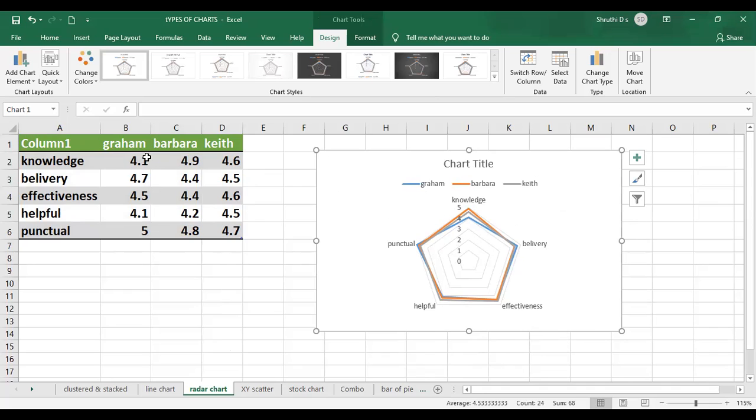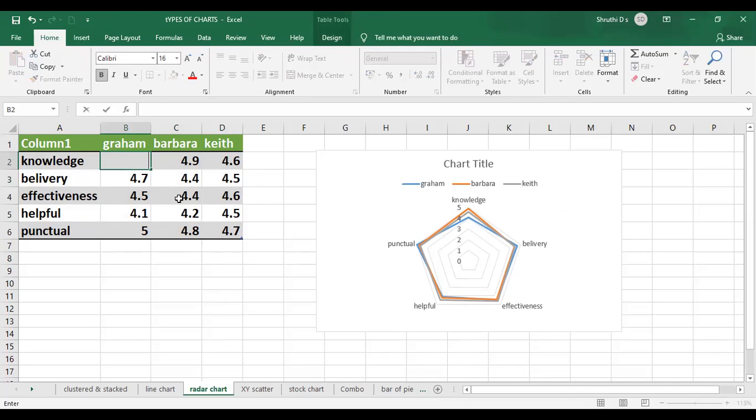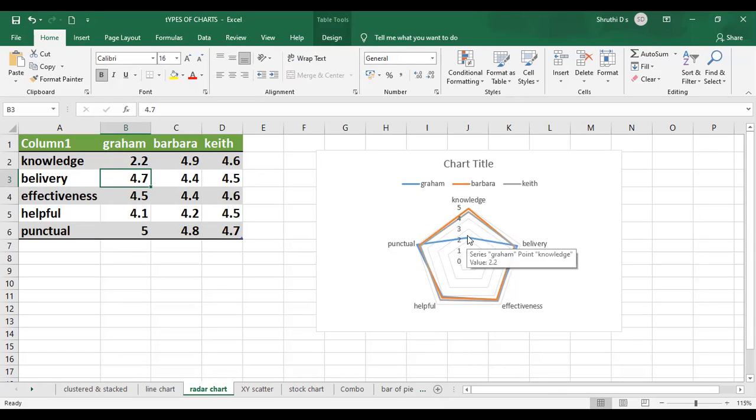If at all you change that, we'll just change Graham's details here. I'll just make it 2.2 and press enter. See, automatically his knowledge, which is pointing here, has gone down to the value 2. If you want to decrease the delivery also to 1.5, just change it, and see here, the delivery also came down to 1.5.